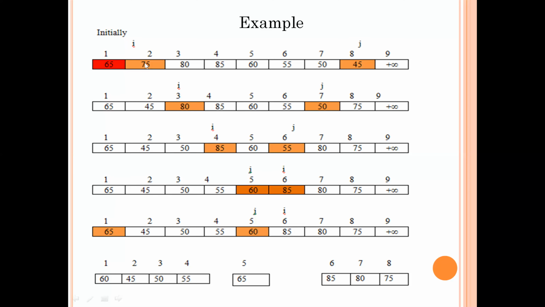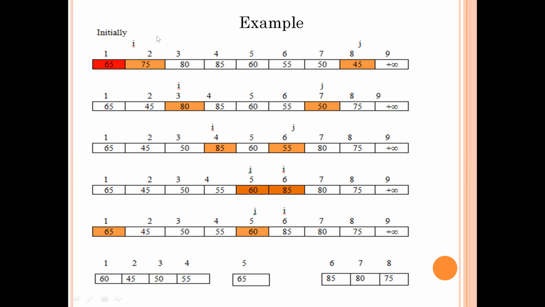Now again, it will compare the element with the pivot. That is, 75 and 65 are compared. Is 75 greater than 65? Yes, it is true. So the i loop should stop when it finds an element that is greater than pivot. So it will stop here. Similarly, j is here initially, so it should be decremented. i will be incremented because it should move towards the right, and j will be decremented because j should move towards the left.